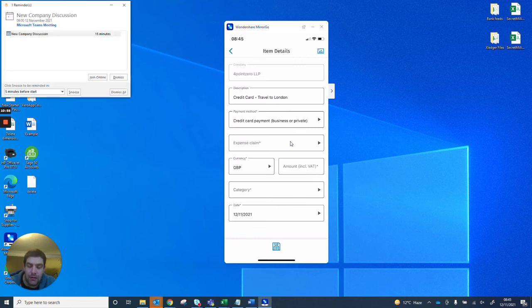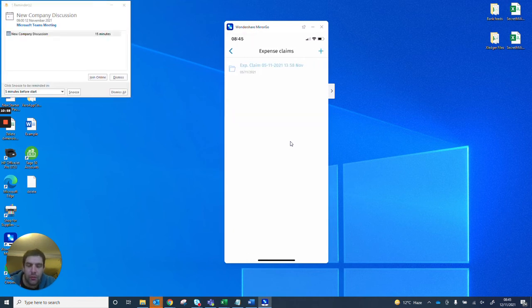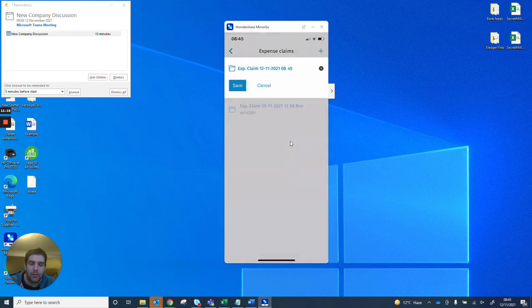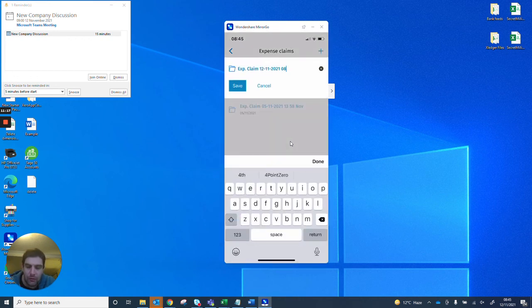I then have to select an expense claim form. Now what you'll see is I can't select the expenses one because it is not private payment. So because I have selected a different payment method, I cannot select an expense claim form which is under a different payment method. So I have to press plus. Okay, and this one again, I'm going to be helpful with my description. I'm going to say this is my credit card claim or list. It's probably better. November